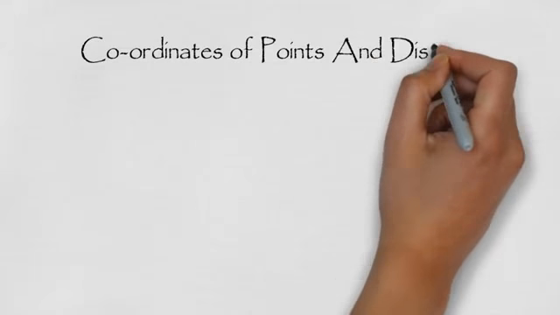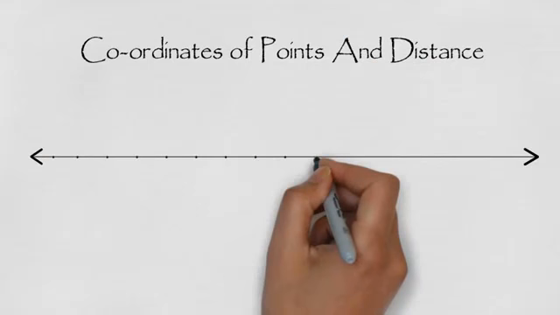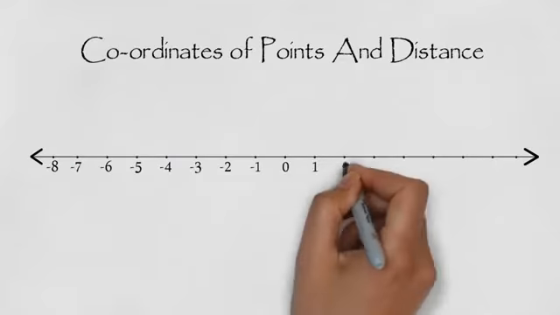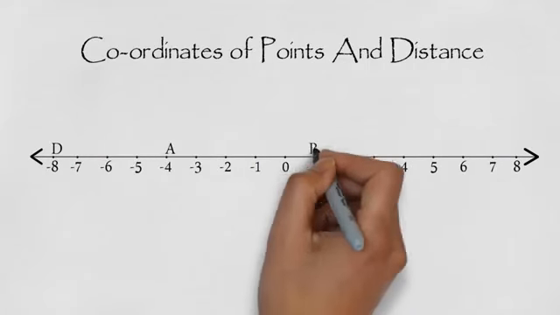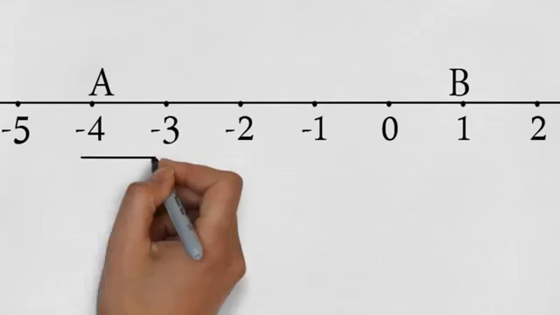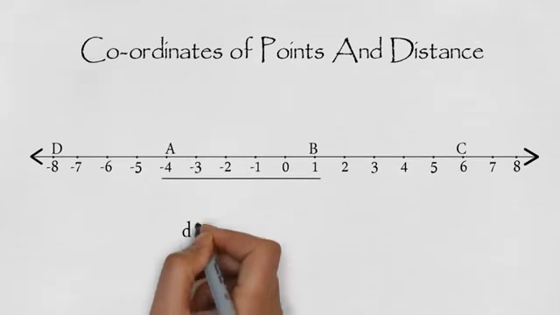Hello students. Now let us understand coordinates of points and distance. As we know, we can represent any number by a point on a line uniquely. For example, here coordinate of D is -8, coordinate of A is -4, coordinate of B is 1, and coordinate of C is 6. Distance between A and B is 5, which can be denoted as d(A, B),